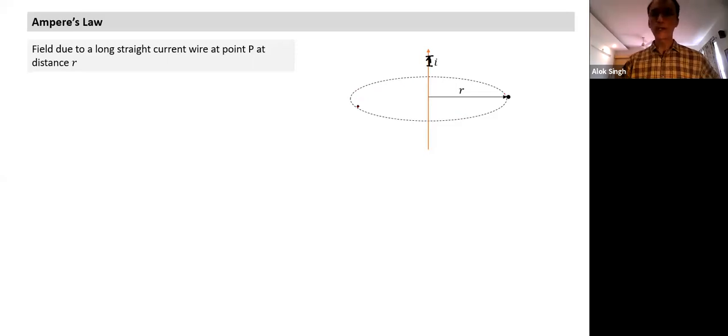In this particular case, if I have to find the field at a point P due to an infinite line current, I choose an Ampere loop. I choose an open surface in the form of a circle, with point P lying on the perimeter of the circle. The boundary of a circular open surface forms a circle, the dotted circle. So we take this Ampere loop,